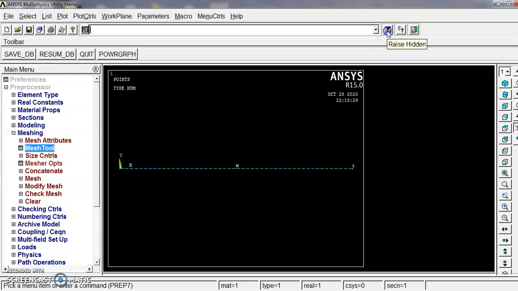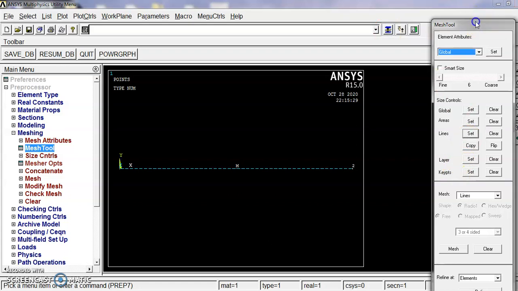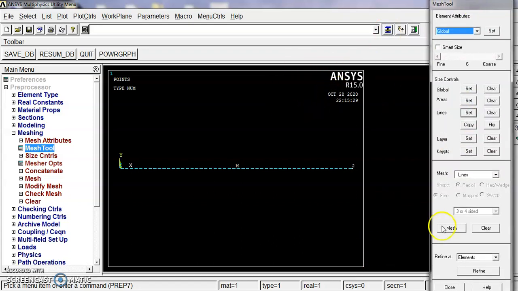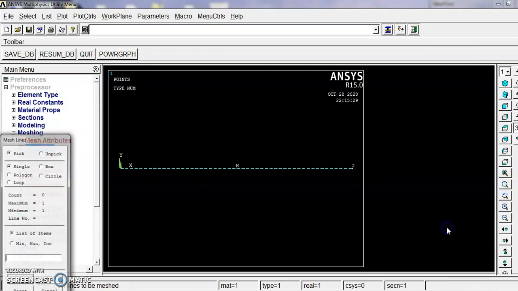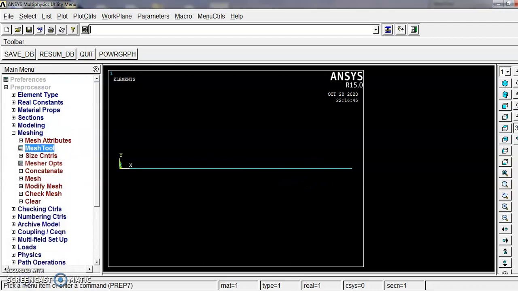Now I have divided, and I want to mesh it. You can select the mesh button here, select the entire line and give OK. Automatically it will be meshed. The CAD model is converted into a finite element model by discretization of elements.